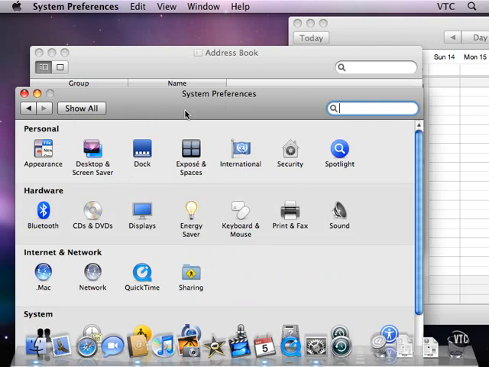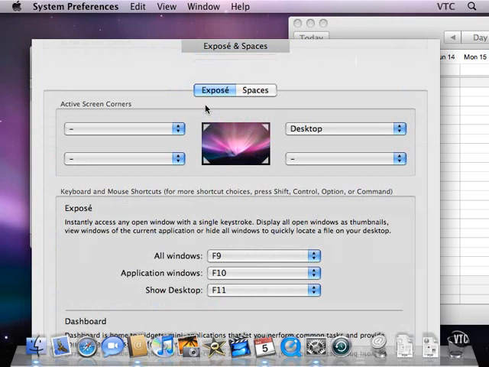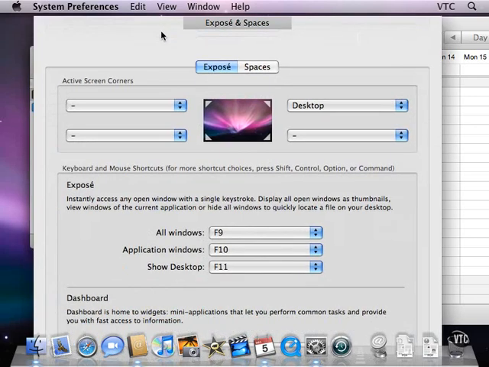So let's go and look at Expose and Spaces, both of which are different approaches to managing the scarce real estate on the screen. And it doesn't matter how big the screen is, the real estate is scarce. That's one of the rules of computers. You never have enough real estate to deal with. Now, Expose lets you